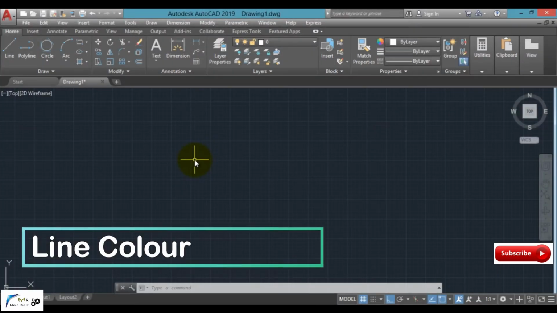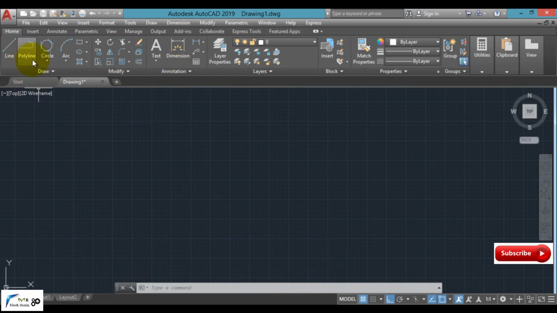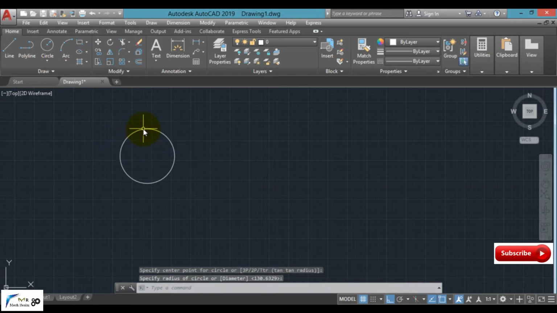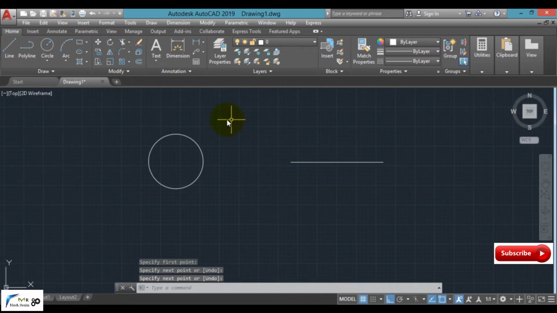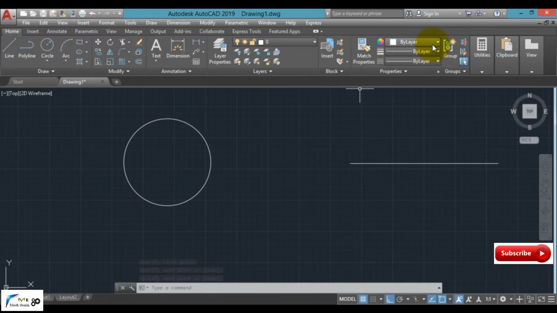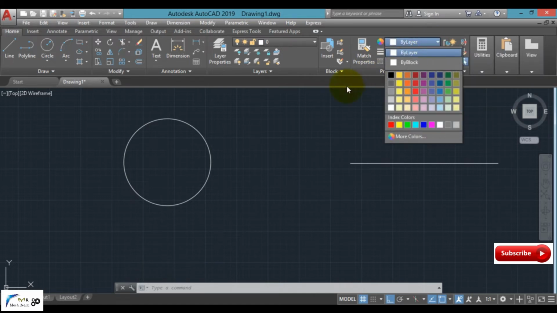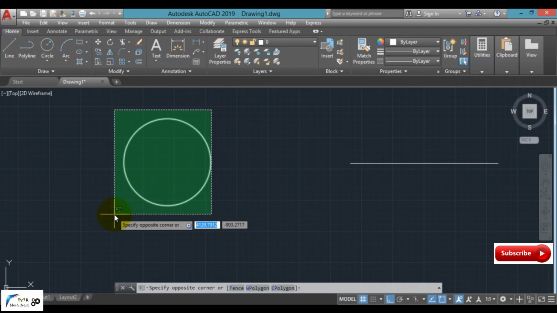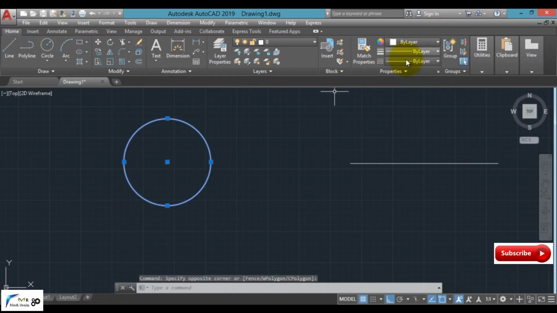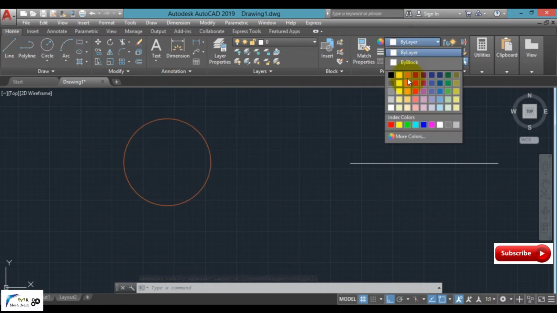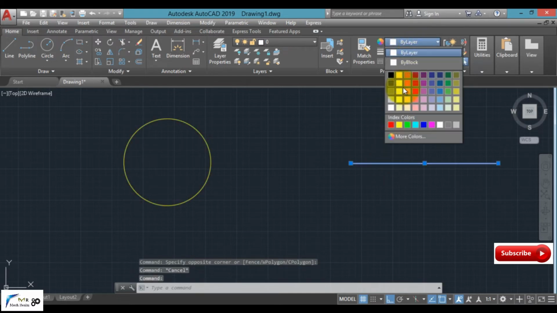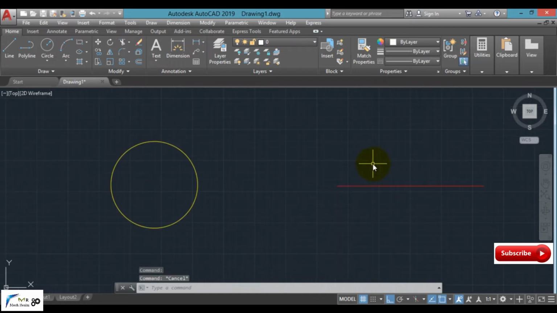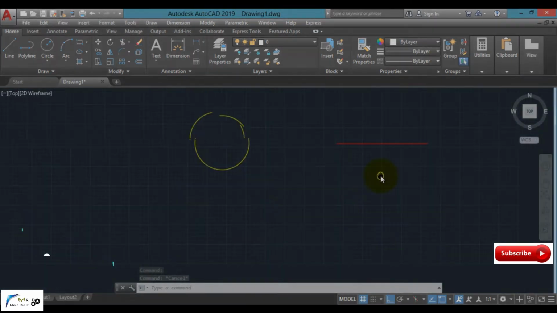Clear? Now moving to our next command, that is how we can define a color to our object. For this we have to simply create a circle, a line. I can take any shapes in order to define it. Clear? In front of us we have an option, that is ByLayer. Simply select the object on which we have to apply a color. Select ByLayer from the properties panel and let us select a color. For example, I am taking yellow and the next one as red. Clear? It will be very helpful in understanding our next command, that is the arc.